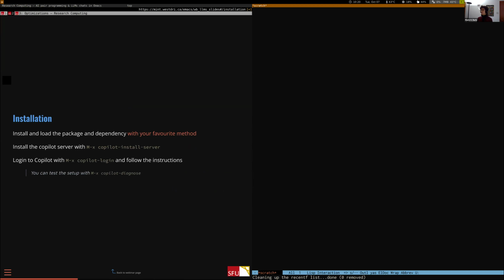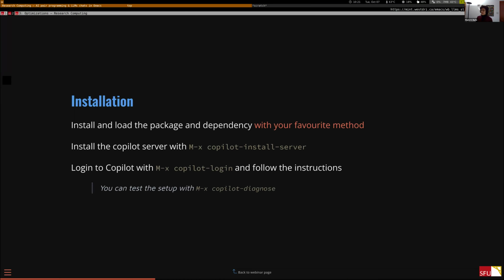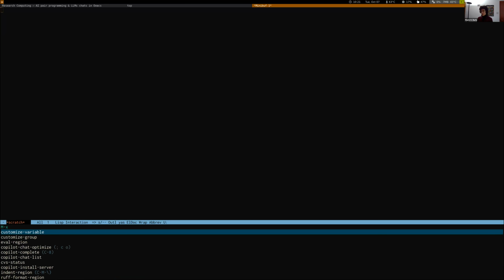Actually, this gets a little too small, so let me do it in two windows. And so this is a package, for instance, that doesn't require you to hide things and encrypt things in your auth info because they have a nice logging system. So to test your setup, the command is copilot-diagnose. So if I run this, I'm in Emacs now. So if I run copilot